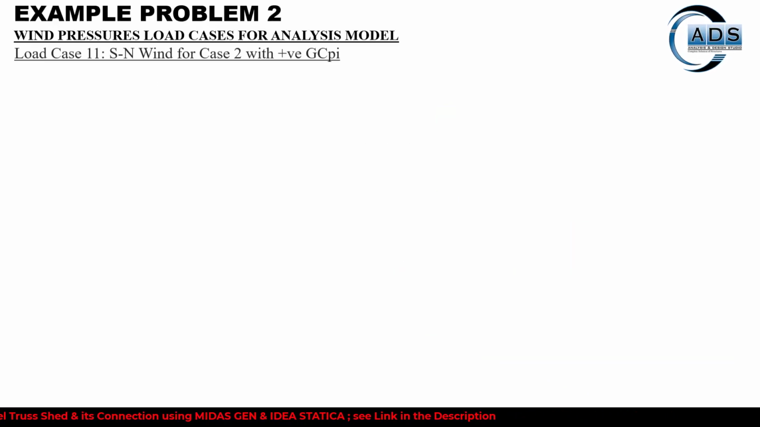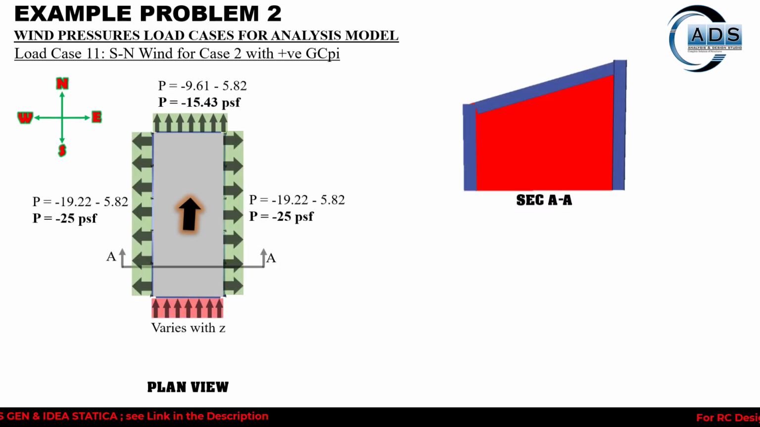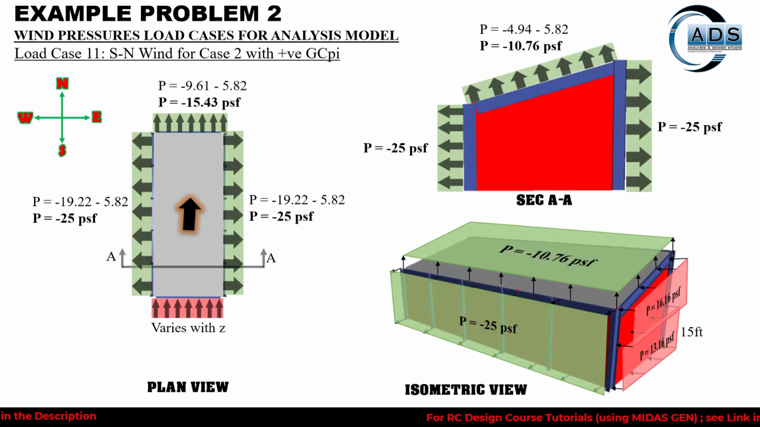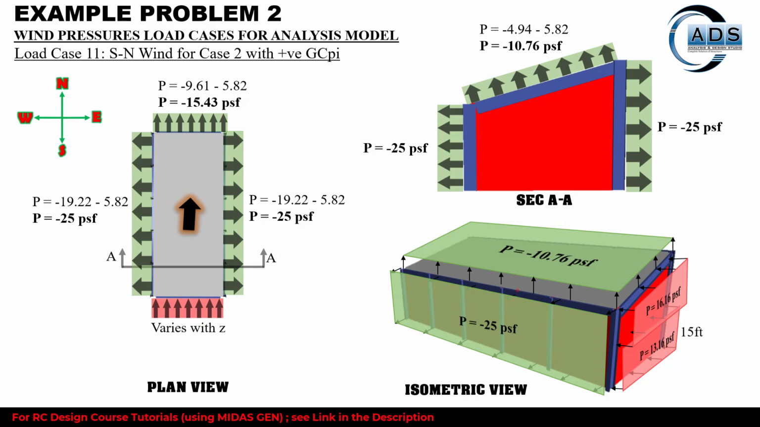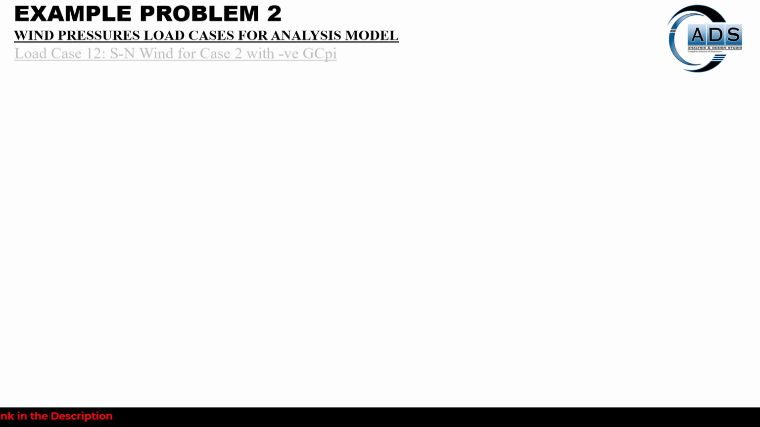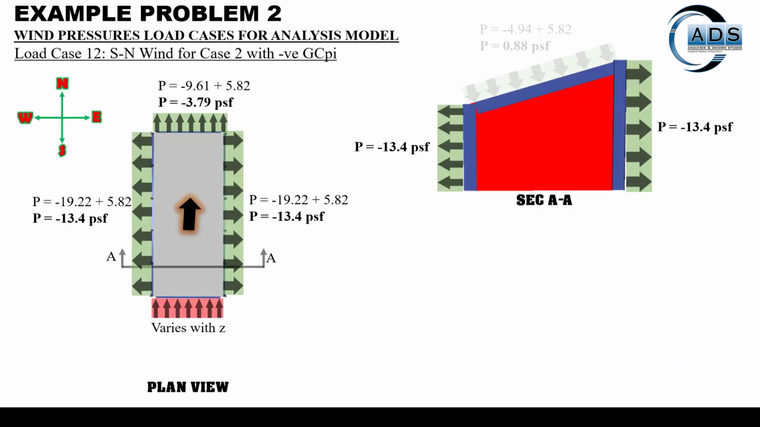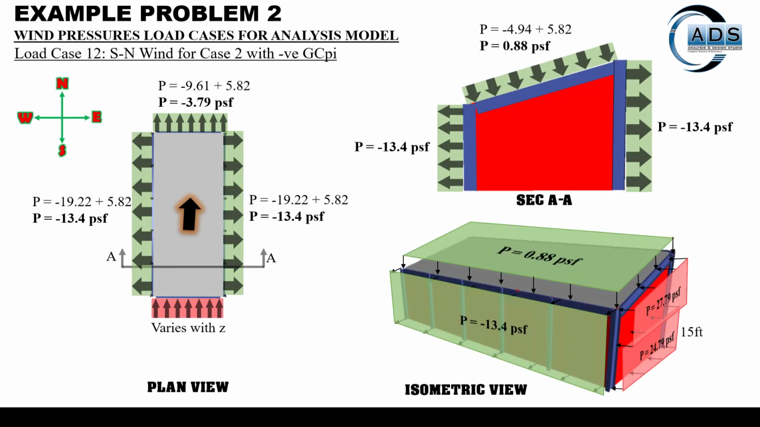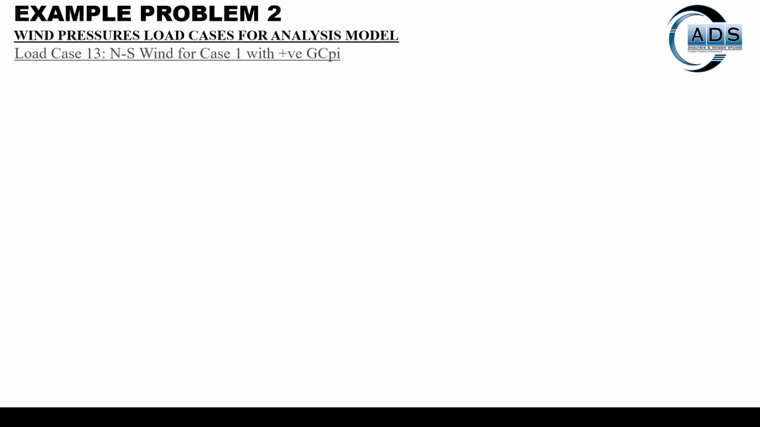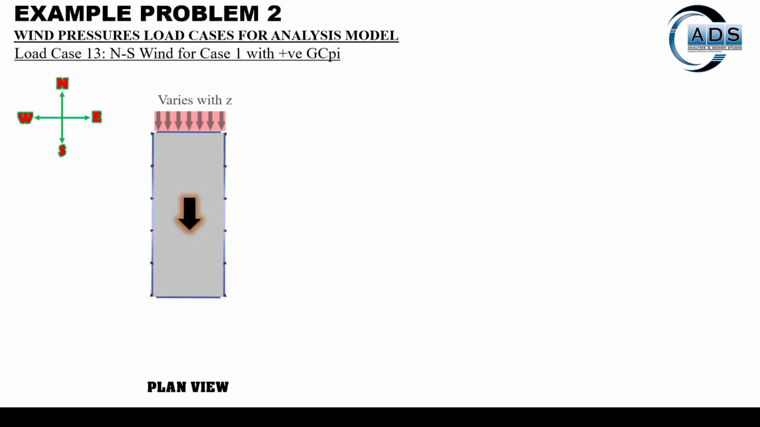For load case 11, case 2 with the positive GCPI. Now this time there is no need for the region wise calculation because it's a case 2 having the uniform pressure inside the roof. For load case 12 with the negative GCPI, now this time the pressure is positive, so it's acting towards the surface. For load case 13, north to south, this time windward wall is this and leeward wall is this one,